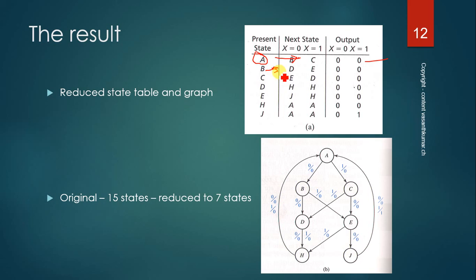Similarly, B. Okay, next state is B. B is giving D and E as next state, whereas the output is 0, 0. Like this, you continue the combinations of next state and its equivalent output. After that, you can make the reduced state graph. Okay, that is A is divided into B and C, D and E, H and J, which are giving, H is giving a final output and J is giving a final output. H and J are giving the final outputs which are giving a maximum change. Okay, which has been returned, right?